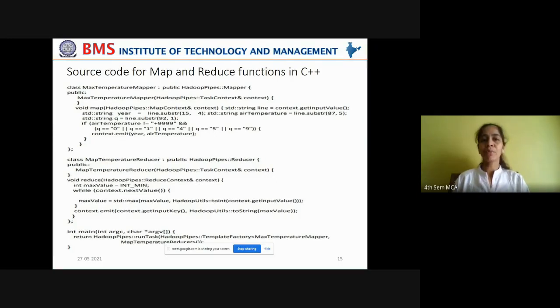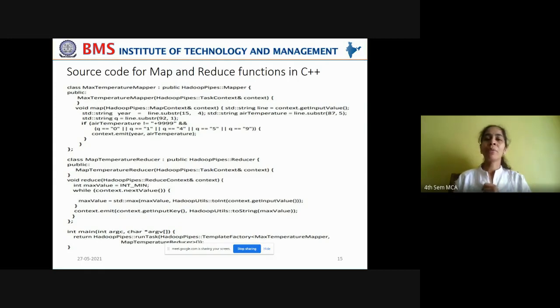code that we use for map and reduce functions. In Java, what we have done, we have written separate classes for mapper, reducer, and another main class in order to pack these mapper class and reducer class. Now in C++, we are going to write all this in a single C++ program. Okay, and you have to use the inheritance concept here. In the Java programs, we have extended the mapper and reducer classes. Here also we have to do the same thing.